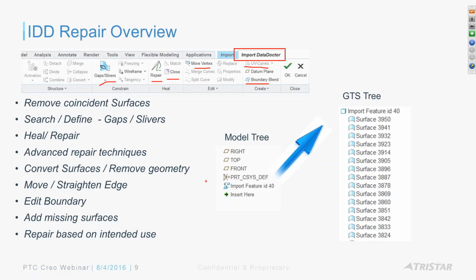So there are quite a few tools, but the ultimate goal, as you can see here, is that all I'm doing is converting that import feature to a GTS tree, or a geometry topology structure tree. What that is, is just breaking down the geometry into surface IDs, as you can see, and all those individual surfaces I can go select, and look at their tangency. I can extrapolate them, manipulate them, transform them, copy, paste them, what have you. So there are quite a few tools. This is something that you should try out,